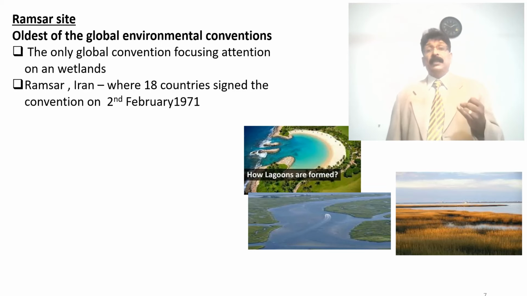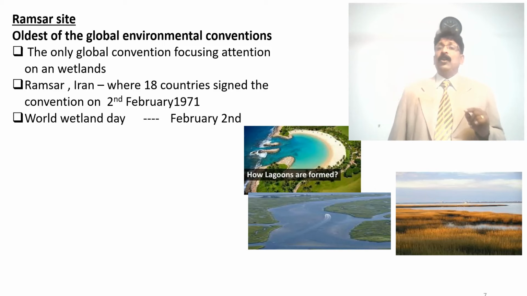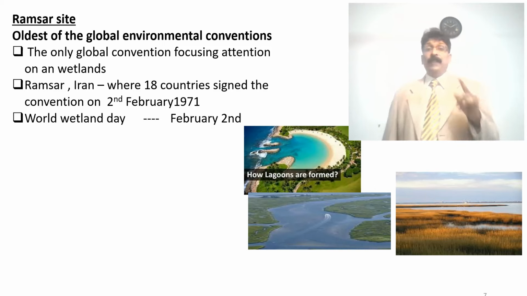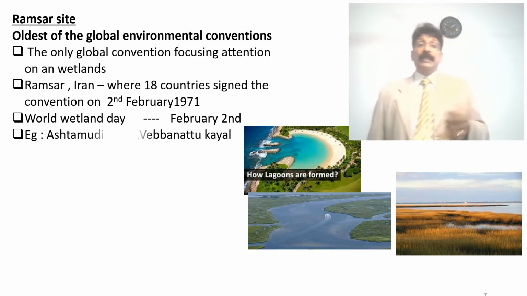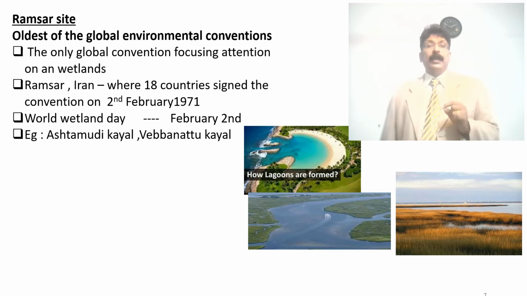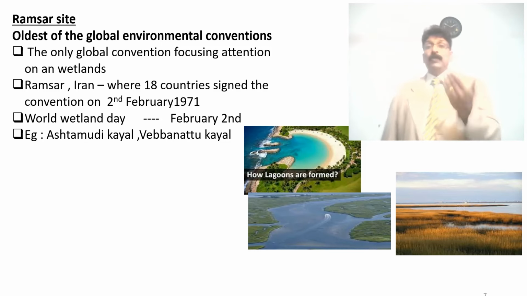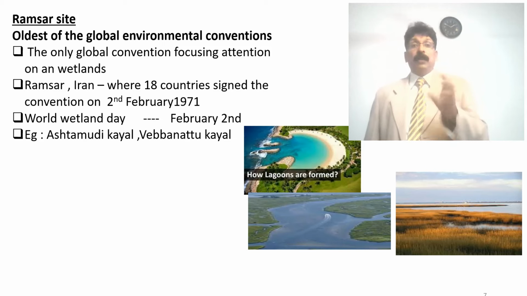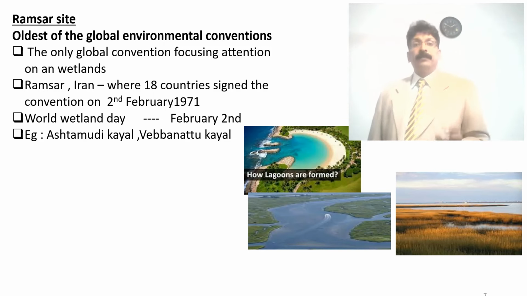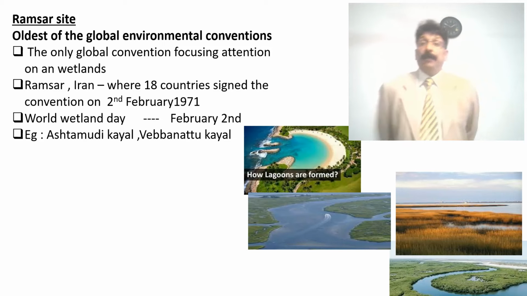Ramsar, the city in Iran, where 18 countries signed the convention on 2nd February 1971. World Wetland Day is February 2nd. Examples: Ashtamudi Kayal and Vembanad Kayal. These are all wetlands you can see, naturally occurring,